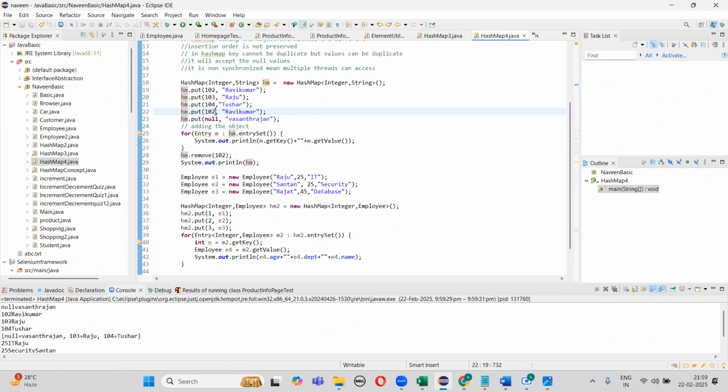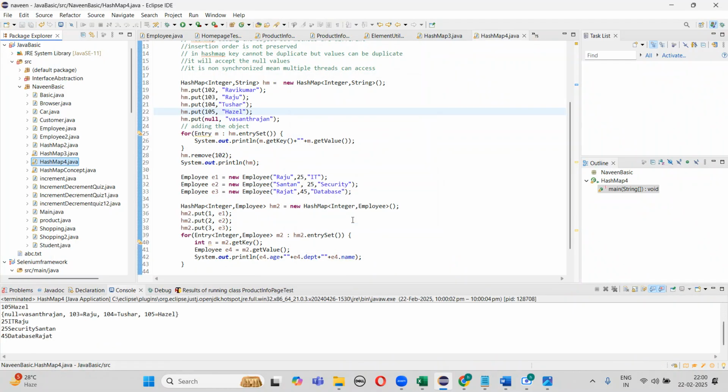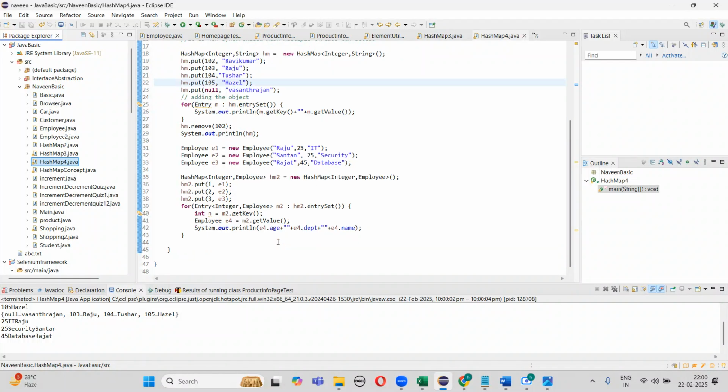So I will change this one value to 105. I will take 105. So now I will check whether the one or two value has been deleted or not. So that value has been deleted. So in this way, in HashMap we have covered methods like add, remove, and fetching